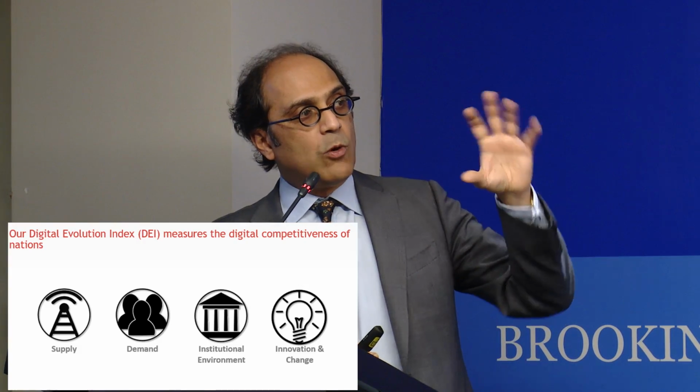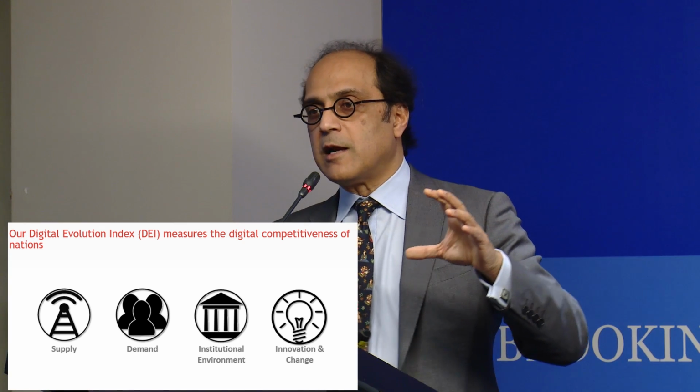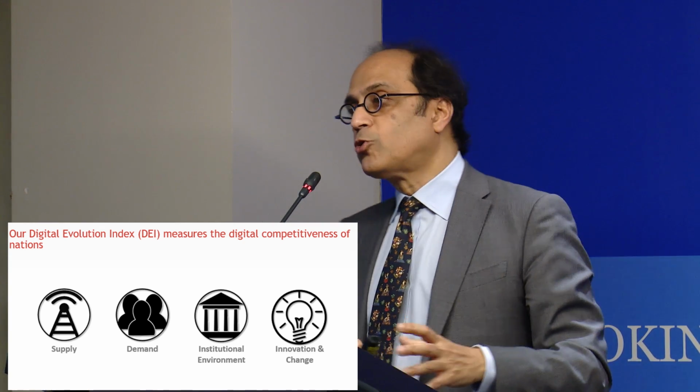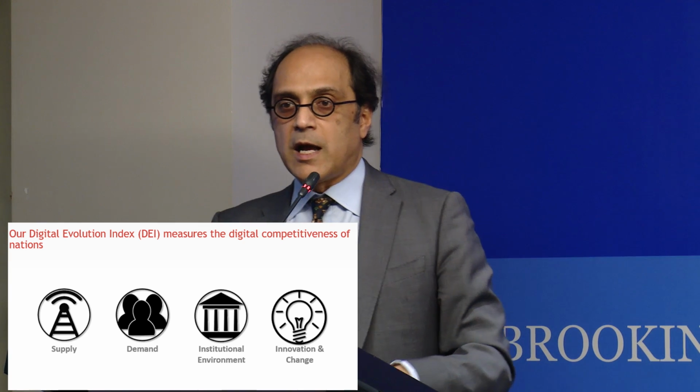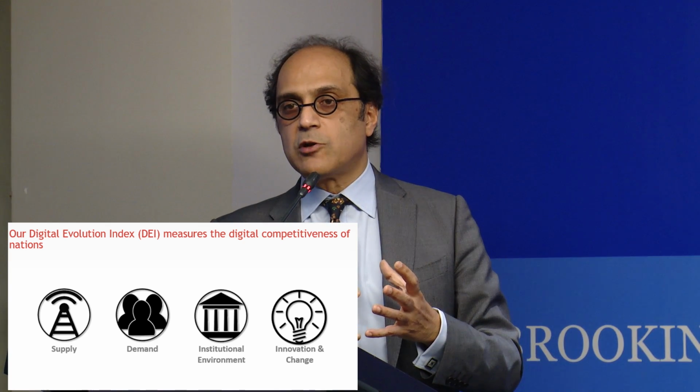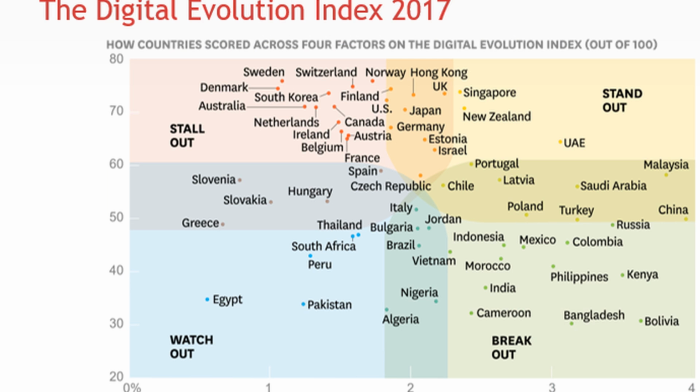And the way this sausage making machine worked was we took an enormous amount of data, about 170 different variables, and we organized them into supply side indicators, demand side indicators, institutional indicators, and innovation indicators. And kind of pulled it together, and this is for 60 countries, and managed to get a score for every country. And after a lot of analytical gymnastics, a graph appears. Now, I know that this graph is very difficult to read, so let me unpack it for you by just giving you the broad patterns of what is here.